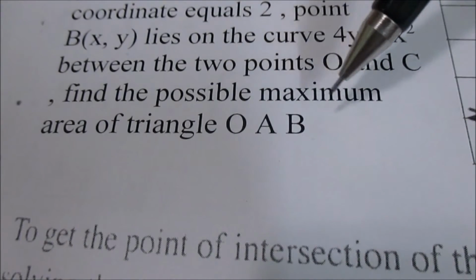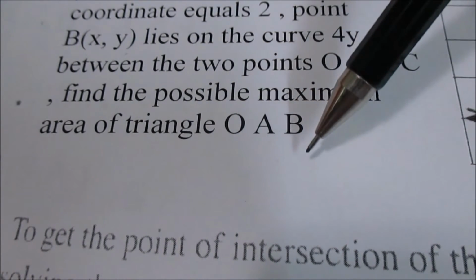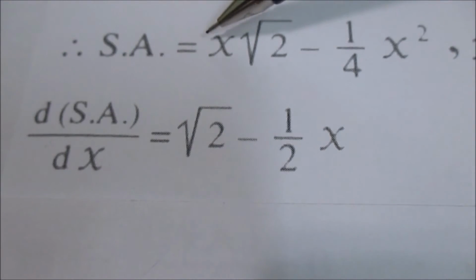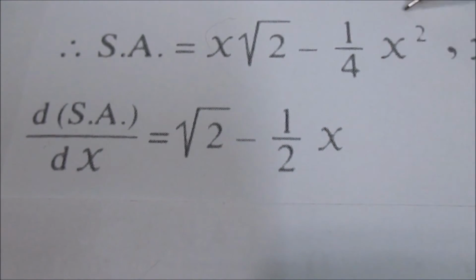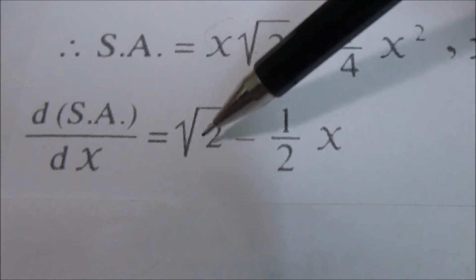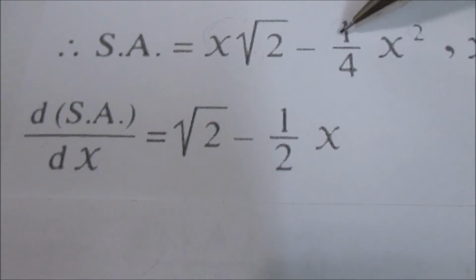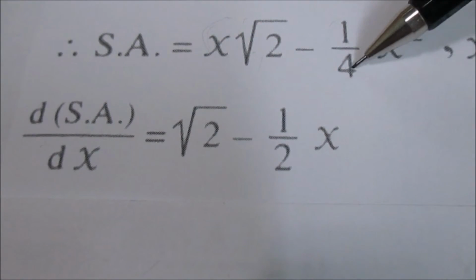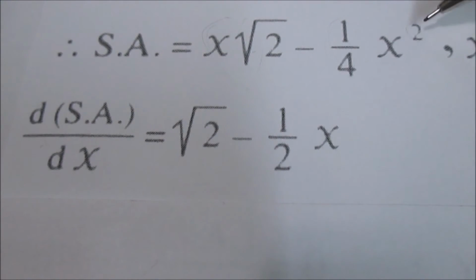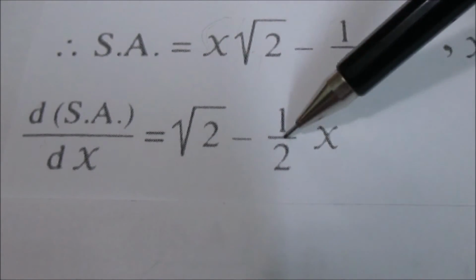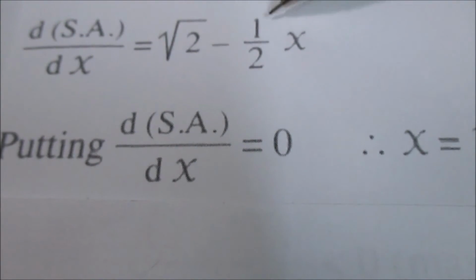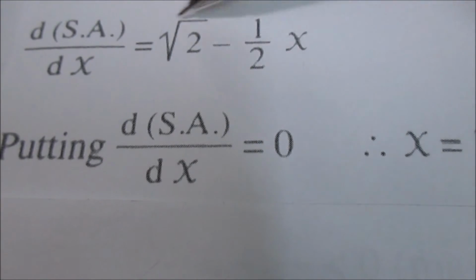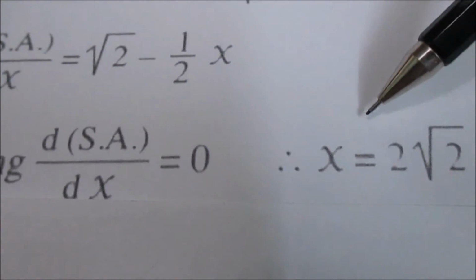Find the possible maximum area of the triangle OAB. ال area of the triangle is maximum لما تكون ال first derivative equal 0. هناخد ال first derivative of the area. Derivative of x root 2 is root 2 minus derivative of 1 over 4x squared. الباور هتنزل 2 times 1 over 4 هتبقى 1 over 2 x power 2 minus 1 يعني x هتبقى 1 over 2x. عند الماكسيمم area ال first derivative equal 0 يعني الكلام ده equal 0 وده هيديني x equal 2